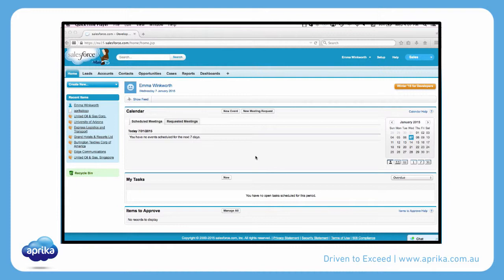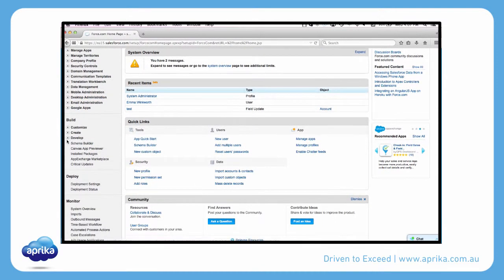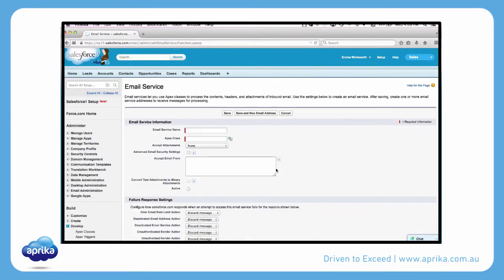To do this, we need to go to the Setup panel and then navigate to the Develop heading and then click on the Email Services link. From here, we can now click on the New Email Service button to configure an email service. Please note that in order to configure the email service correctly, the information needs to be completed exactly as I do it here. First step is to enter the name, IntelliMail,